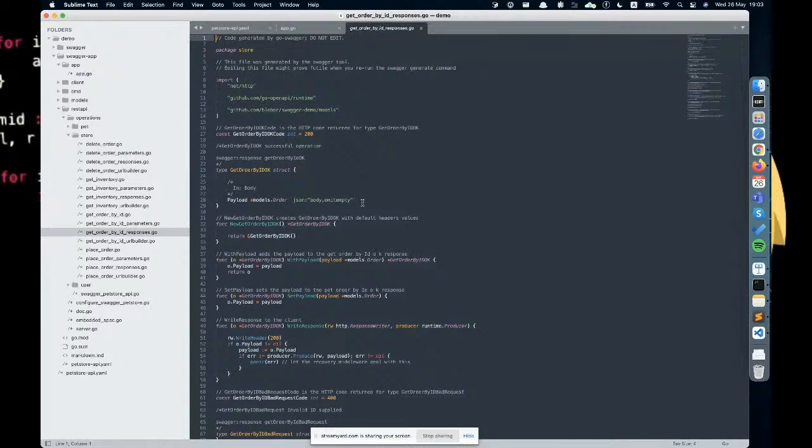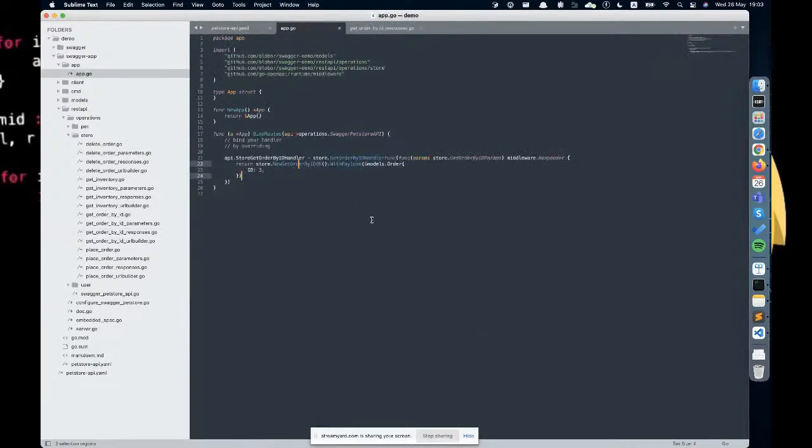In the get by ID responses, you might see that depending on what we have in the YAML, we have this response. This is an OK response. It has a pretty good fluent API, so it basically provides you the ability to chain your configuration of responses. You might see that you're creating the response, and then you're filling it with a payload as well.